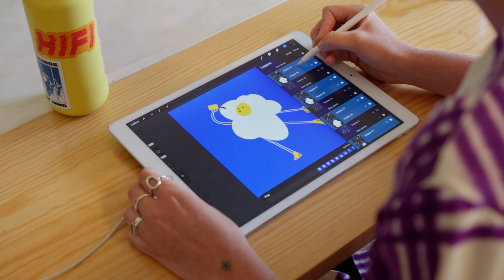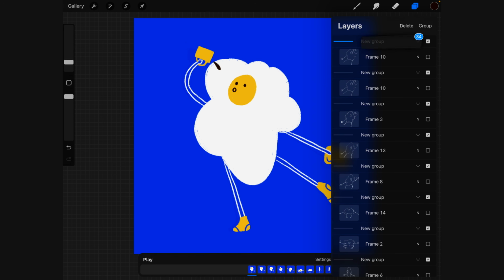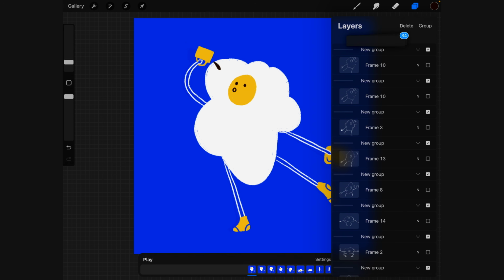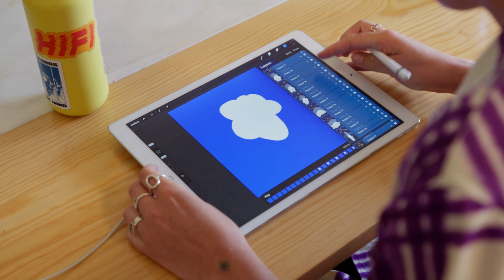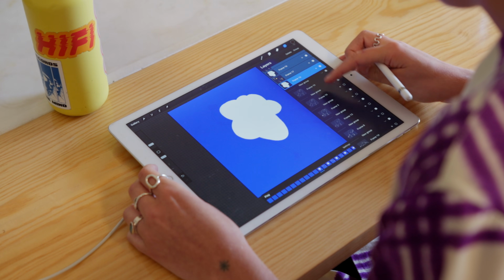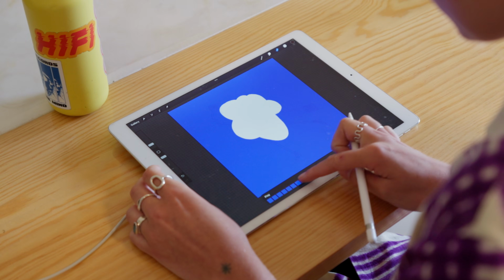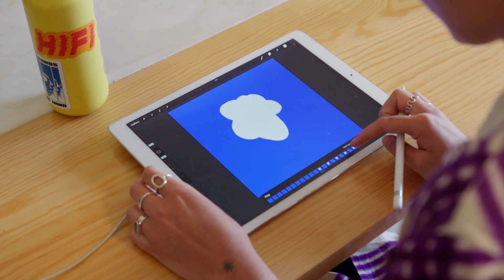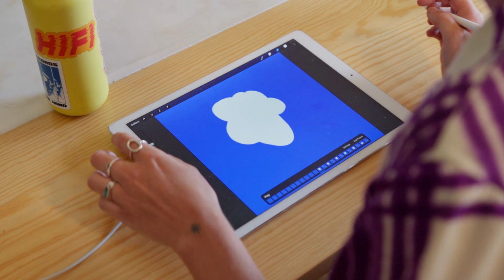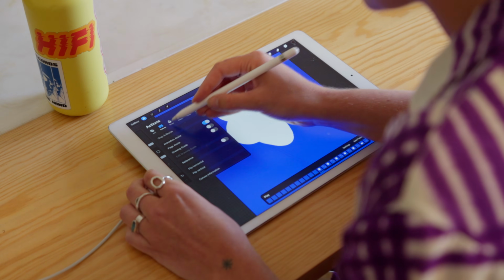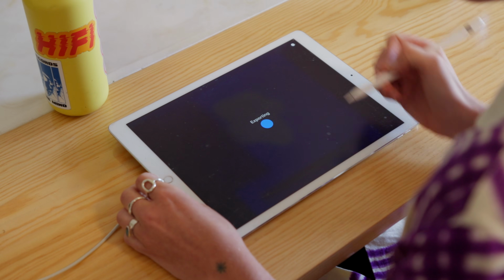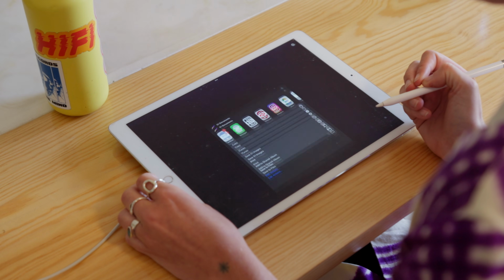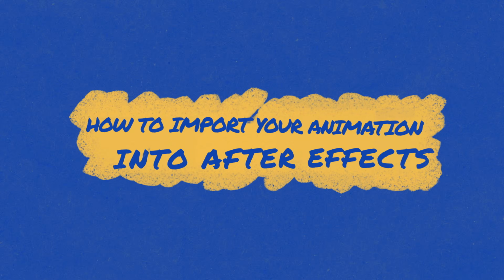Then we can tap and move them above. Awesome. You'll see this gets a bit broken now that we've separated these out. When we go up into the settings and click share PNG files, it will export them all separately. And so we'll now bring this into After Effects.